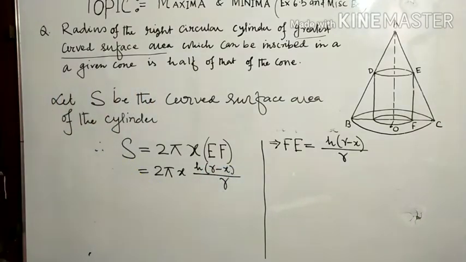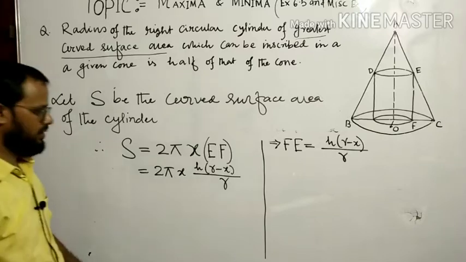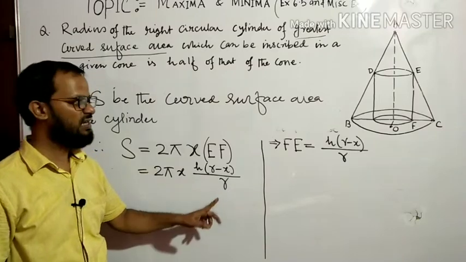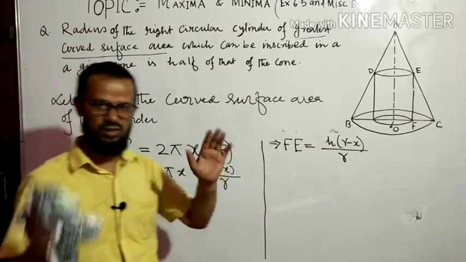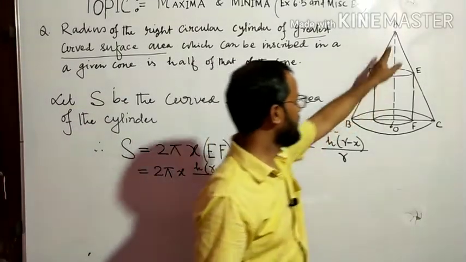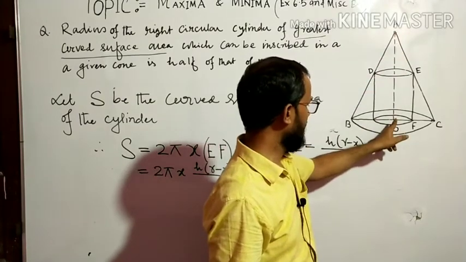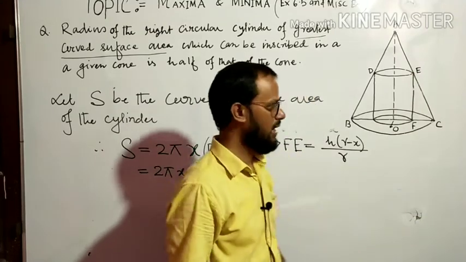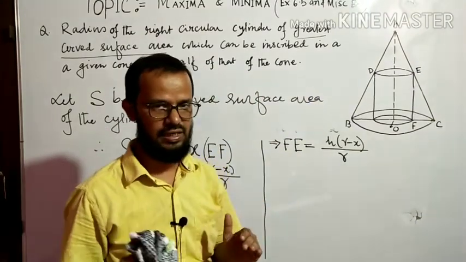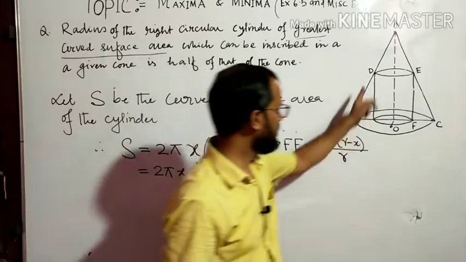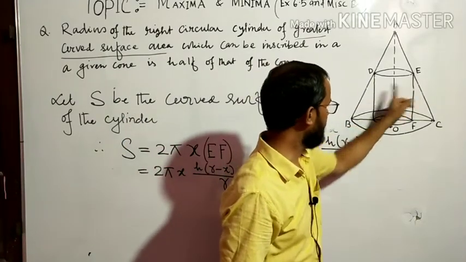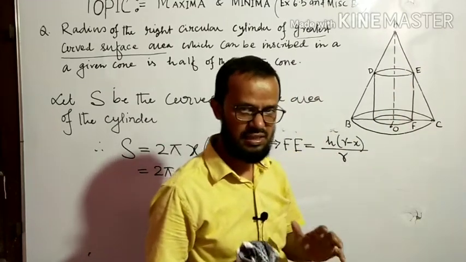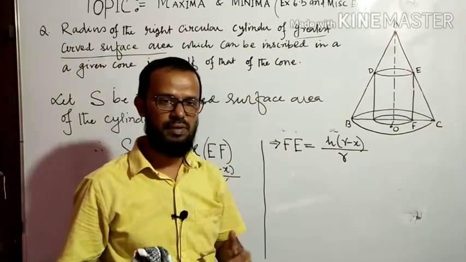Okay. Here, very important is that H and R are fixed. Why is it fixed? Because it is given that a cone is fixed. On this cone, the height of the cone is H and the radius of the base is R. This is fixed. And inside we draw cylinders. We can draw many cylinders. I am drawing this cylinder. If you take this point and that point, you will get a different cylinder. If you take this point and that one, you will get a different cylinder. That means inside this cone, you can draw many cylinders.